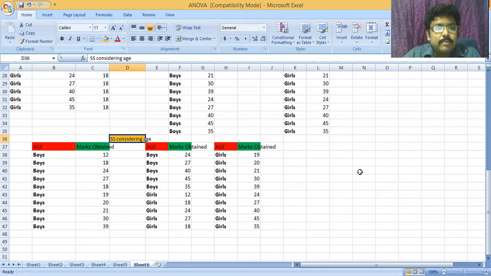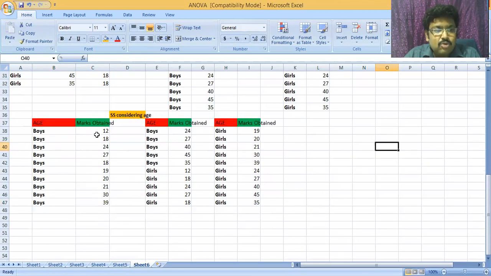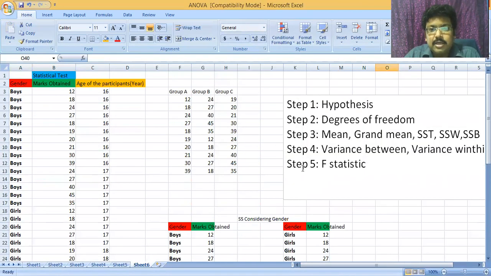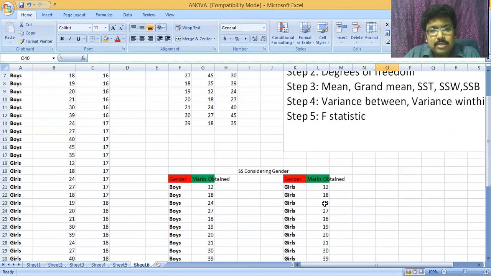So now look here. Look in this way. Here, from this, you have to find out the mean. Okay, as I have mentioned here, these steps also you should follow. You should identify the hypothesis, then the degrees of freedom, and then you have to find out the mean, sum of square total, sum of square within, sum of square between, because these are required for finding out the F statistic. And these steps you have to follow in two-way ANOVA, but it is a complex method,